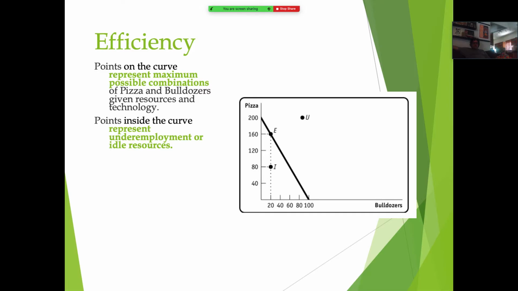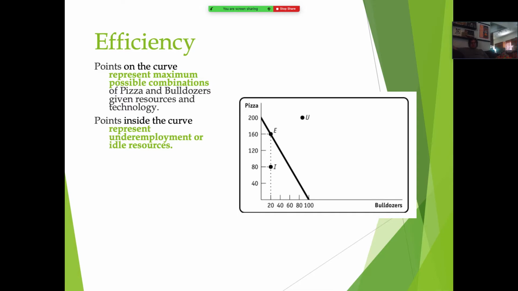Because if you look at the I, they're producing 80 pizzas. Well, if they're producing 80 pizzas, they should be able to produce somewhere, maybe like 80 bulldozers. But they're only producing 20. So something is happening where they're not able to use their resources to their maximum. So any point inside the curve tells us resources are being underutilized, they're not being used correctly,